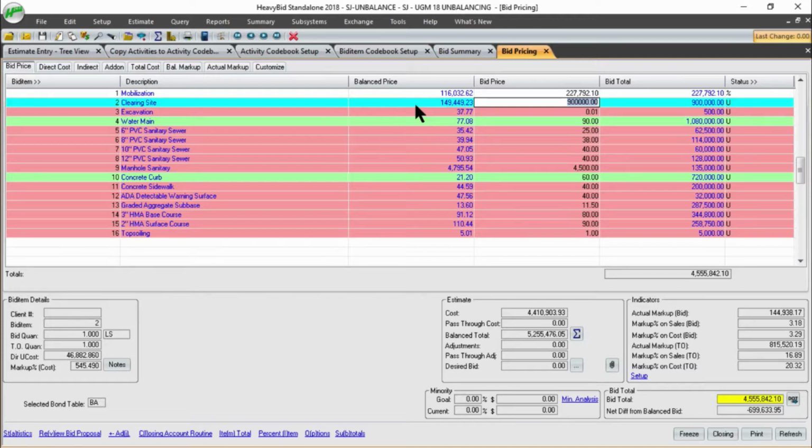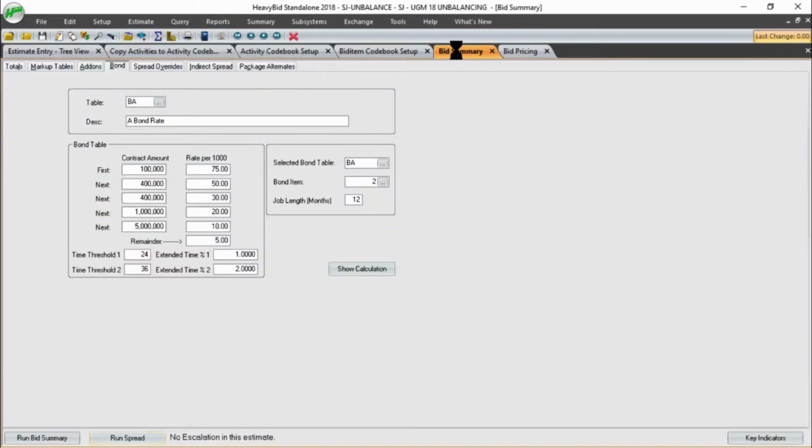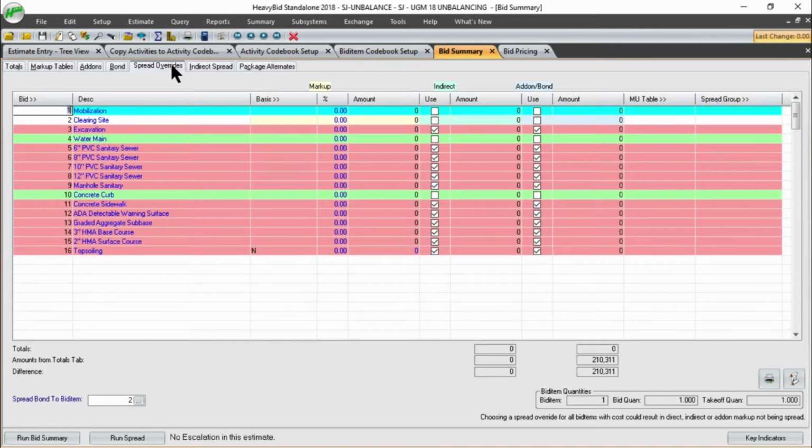Go to the summary screen. Go to spread overrides. There's a lot of fancy-dancy stuff going on here, and you probably don't even notice it. Has anybody used this screen before? Okay. That's better than I was anticipating. This is a great screen. Great screen. So the way this works is,